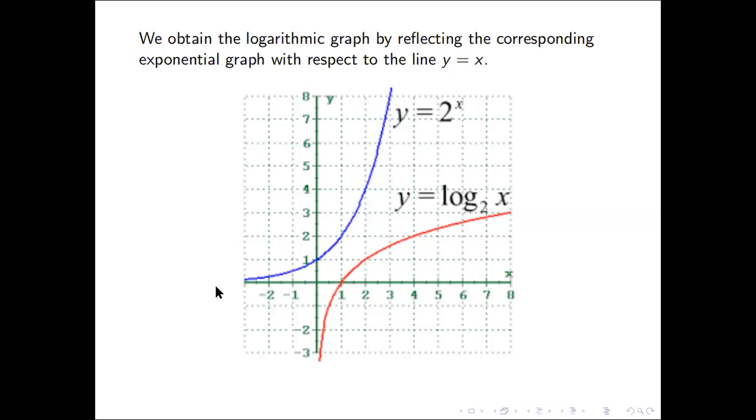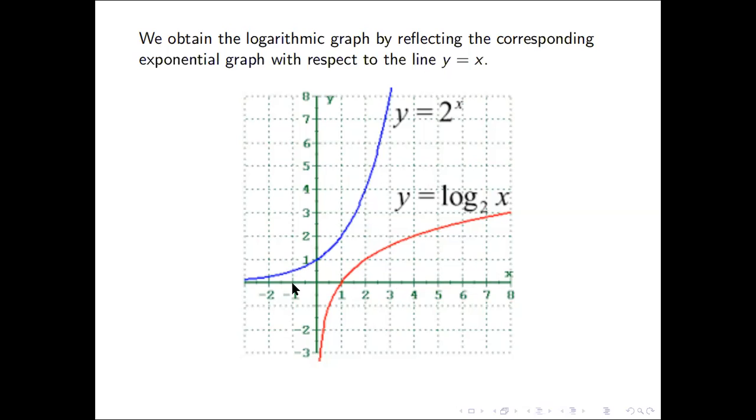Now here's the graph we obtained a while ago, y equals 2 to the x. So we reflect that with respect to the line y equals x, we obtain the graph of logarithm x base 2. Or you can simply interchange the coordinates. Remember, the coordinates of one are obtained by interchanging the coordinates of the other if they are inverses. So for example, this is the point 0, 1 for the exponential. So the point 1, 0 would be a point on the logarithmic. And 1, 2 here. So 2, 1 for this one. 2, 4 for the exponential. So 4, 2 for the logarithmic.